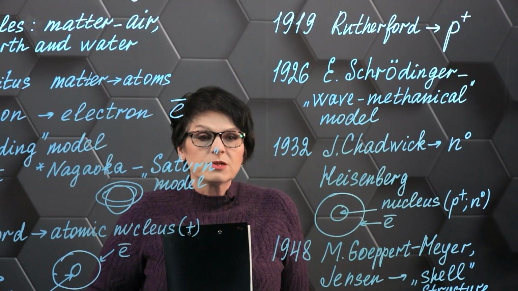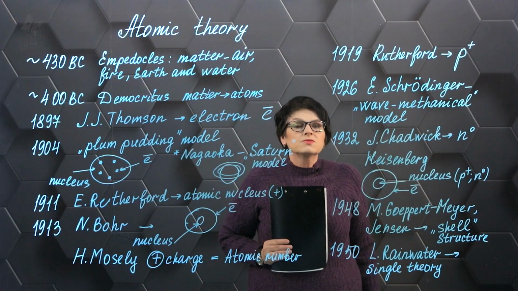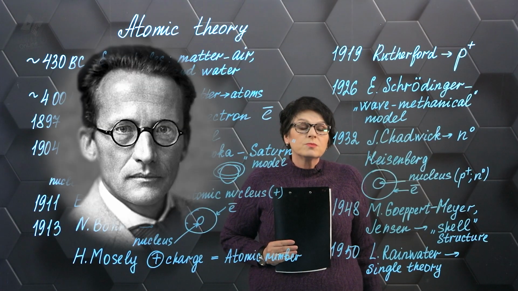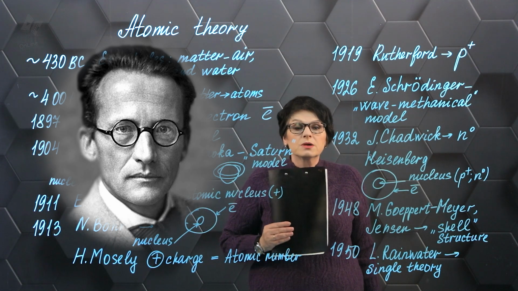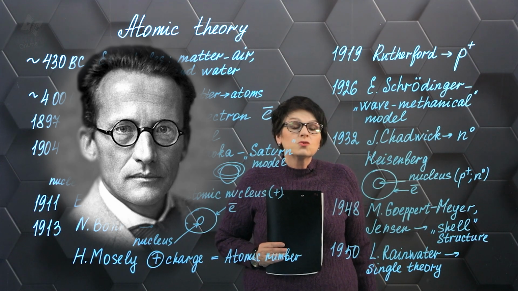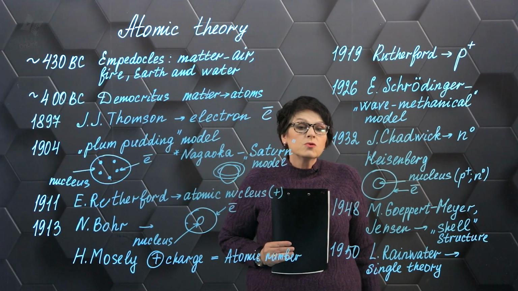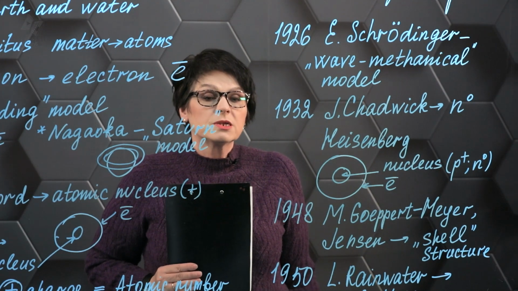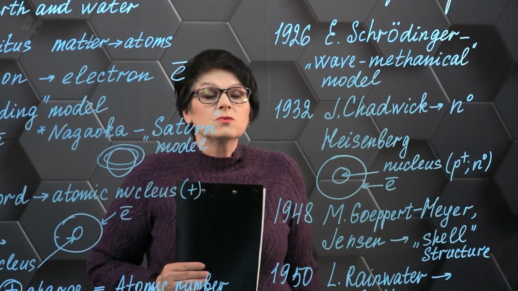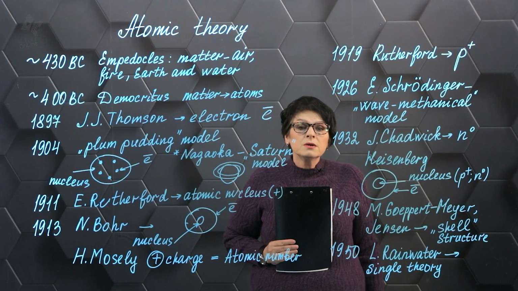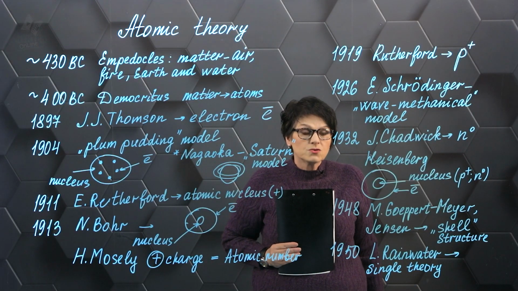In 1926, Schrödinger suggested that the model of the atom has a wave-corpuscular model, meaning that particles can have two kinds of properties. They can move as particles, hence their name corpuscles, and in addition they have motion in the form of a wave. For example, as a wave they create a phenomenon that you know as interference, and diffraction is a manifestation of the wave-corpuscular theory.